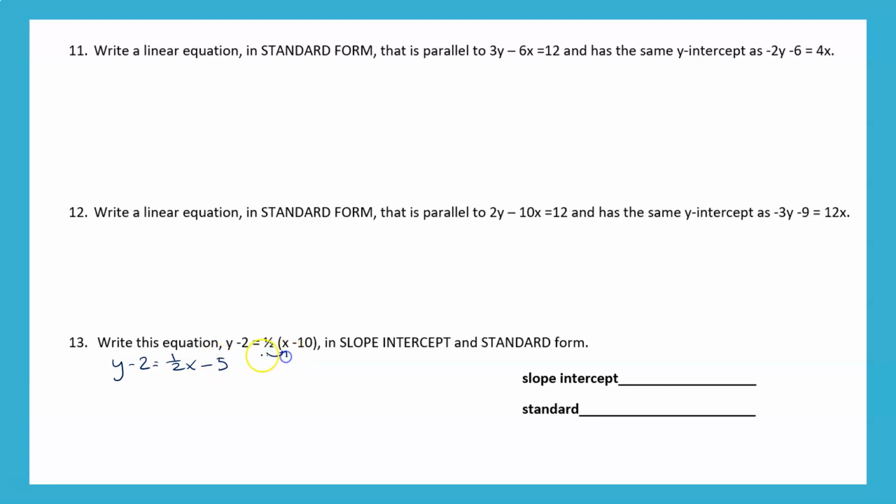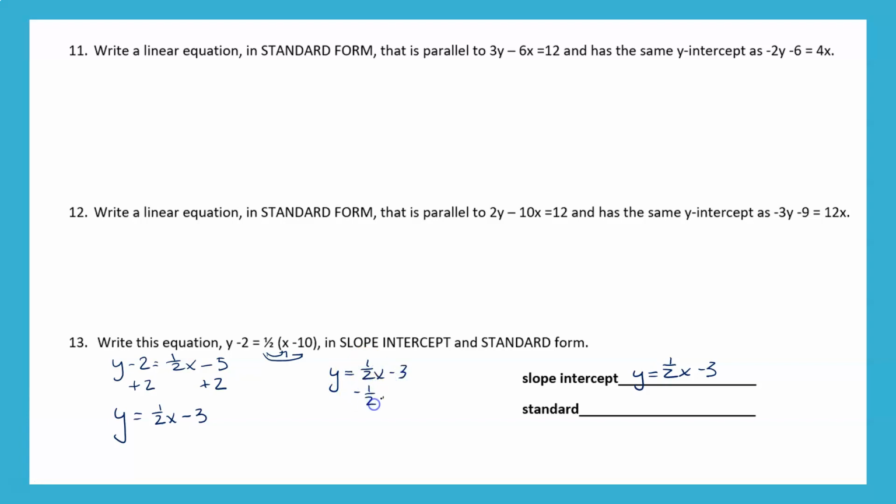So I distributed the 1/2 here to be 1/2 x minus 5. I'm going to add 2. So now I have it in slope-intercept form. So y equals 1/2 x minus 3. Now we've got a lot of work to do to put this in standard form. So first,